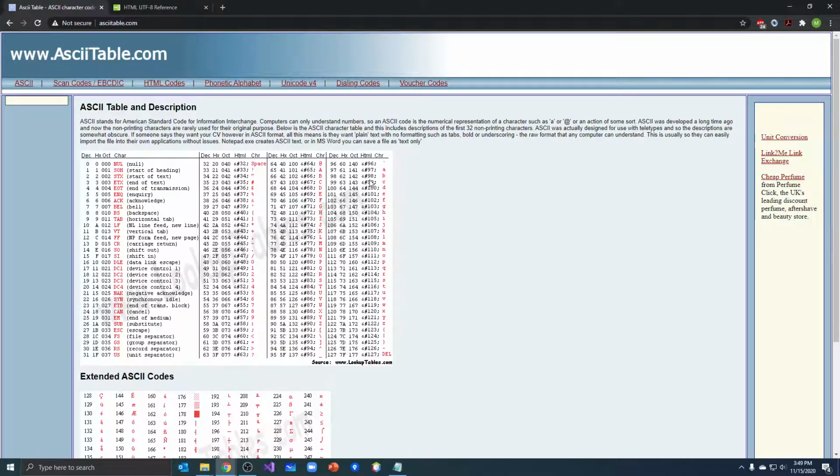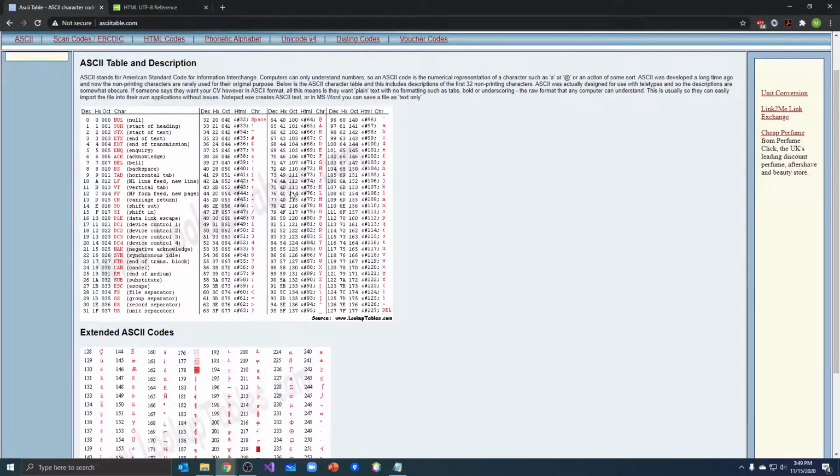One of the things you might wonder is why they did it this way. There are a lot of technical things that go on here, but if you look, 97, which is a lowercase a, minus 65 gives you 32, which is a space. Do you think that's a coincidence? I don't think it is. However,